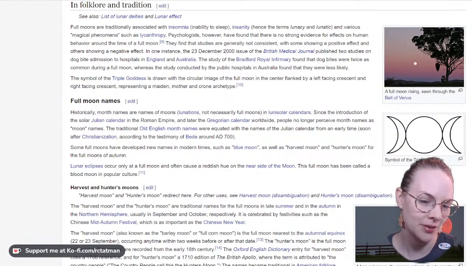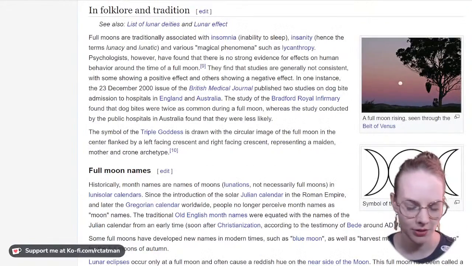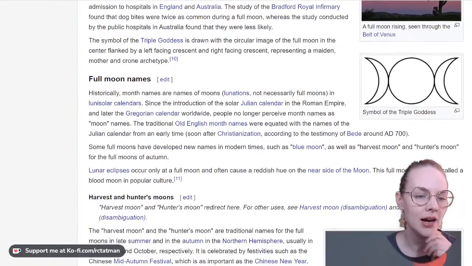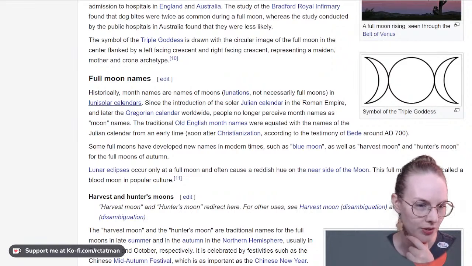And I thought it would be helpful to look at some other resources as well. So let's zoom in. The full moon names, historically month names of the moon, are the names of moons, lunations, not necessarily full moons in lunisolar calendars. Since the introduction of the Julian calendar in the Roman Empire and later the Gregorian calendar,